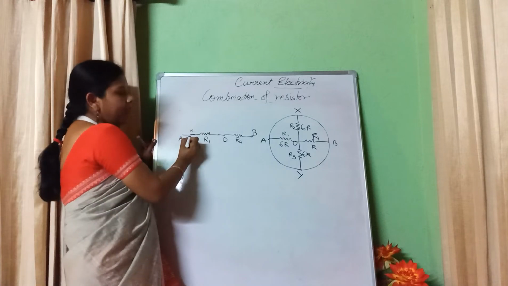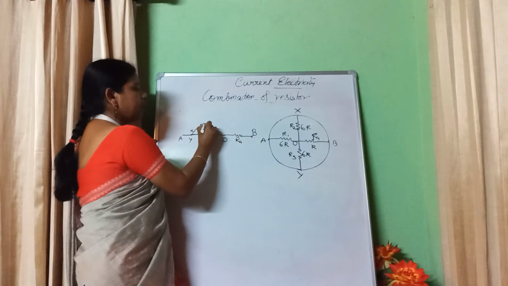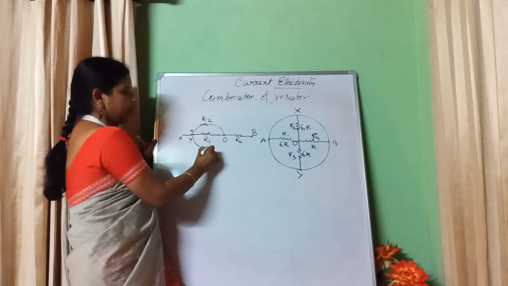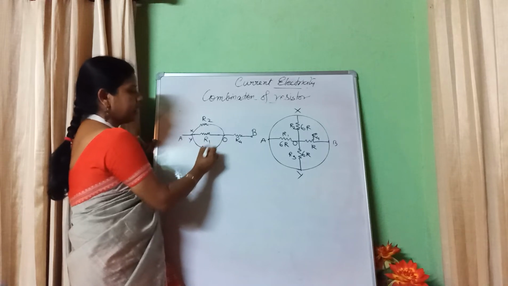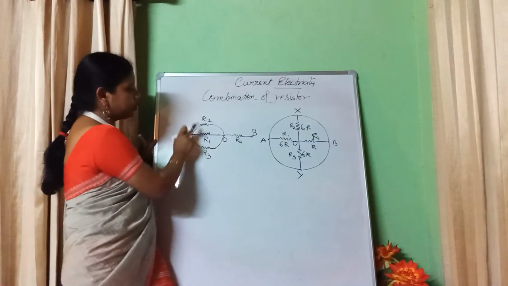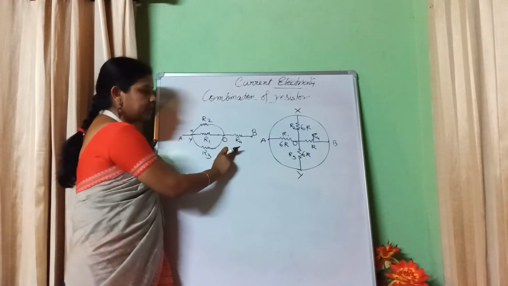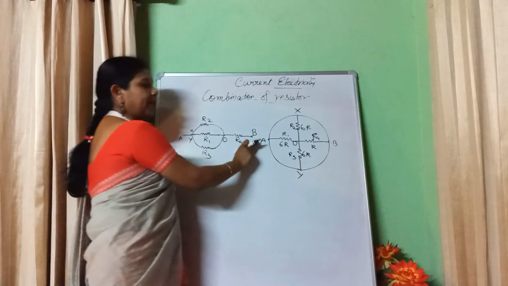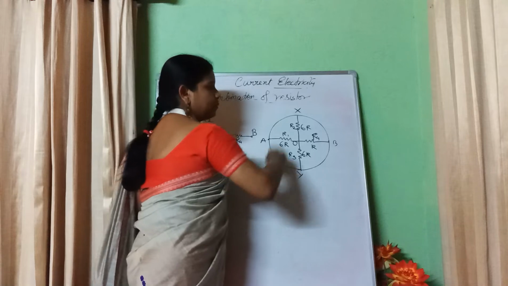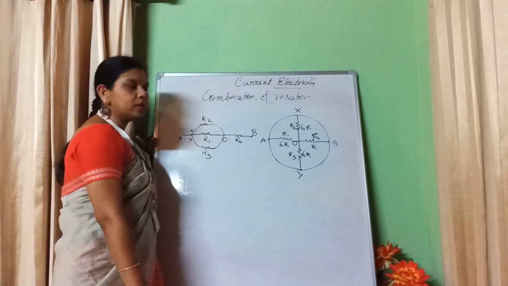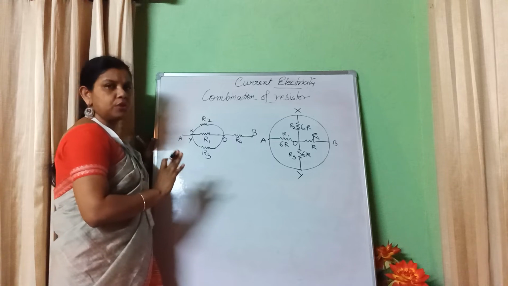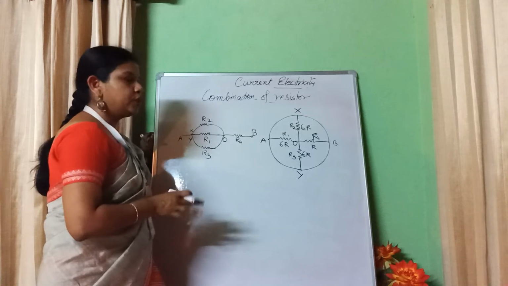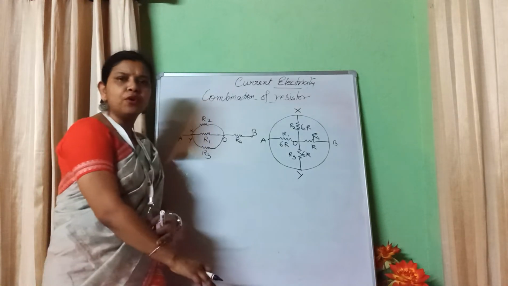From X we have a resistor R2, which is connected to O. Similarly, from Y we have a resistor R3 connected to O. Now we can say that R2, R1 and R3 are in parallel, which is in series with R4. Instead of considering X and Y to be lying at A, we can consider X and Y to be lying at B also. It's up to your choice. When you draw the equivalent circuit, draw in a way which will be easy for you to solve.